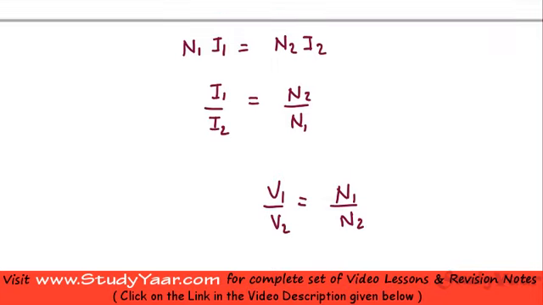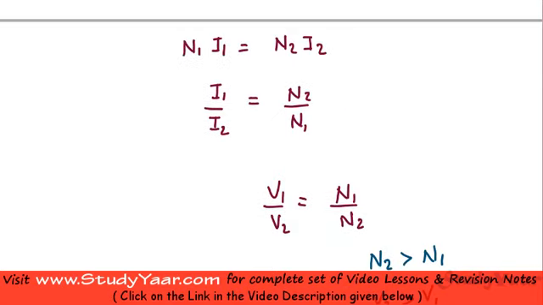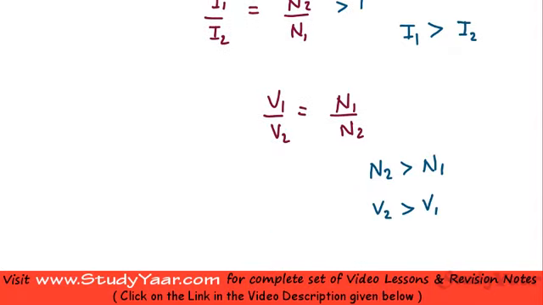Okay, so just look over here. If your N2 is greater than N1, okay, if your number of coils in secondary is greater than primary, then you're going to get your voltage in secondary greater than voltage in primary. However, since N2 is greater than N1, this quantity would be greater than 1, or your I1 would be greater than I2. Okay, so although you have stepped up your secondary voltage, you